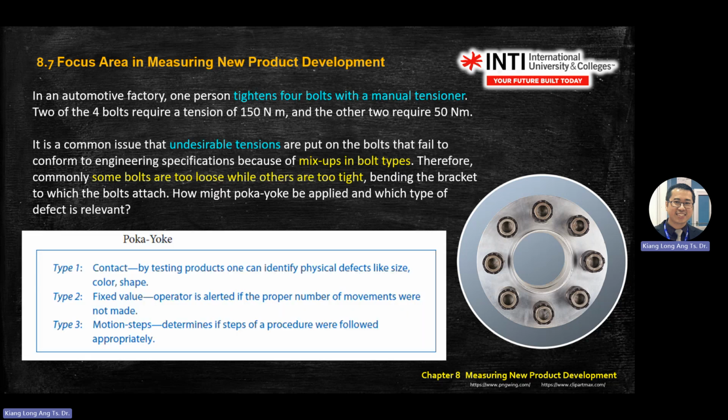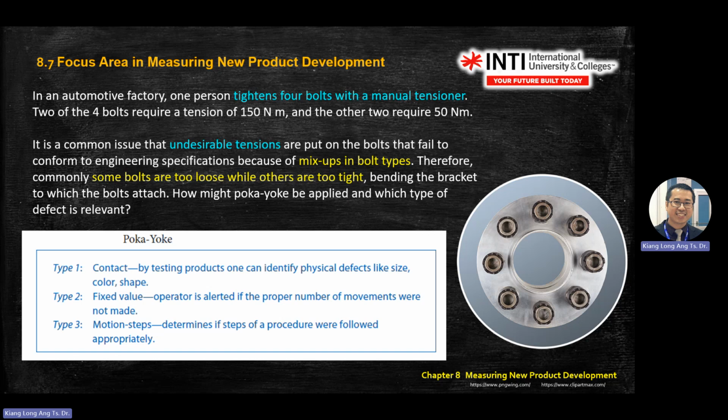This one. Poka-yoke, there are 3 types. So if it's a contact design, you use color, shape, and size to prevent the mistakes, right? So you change shape, triangular or hexagon or different size, right? M4, M5 screw, for example. If it's a fixed value,